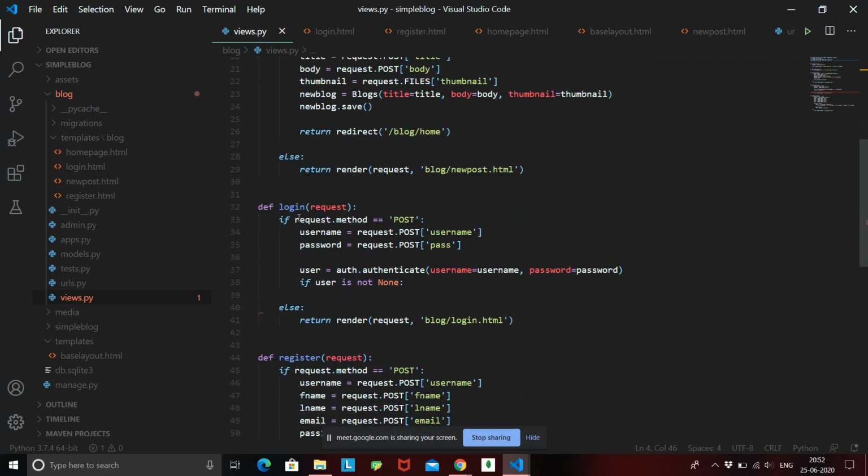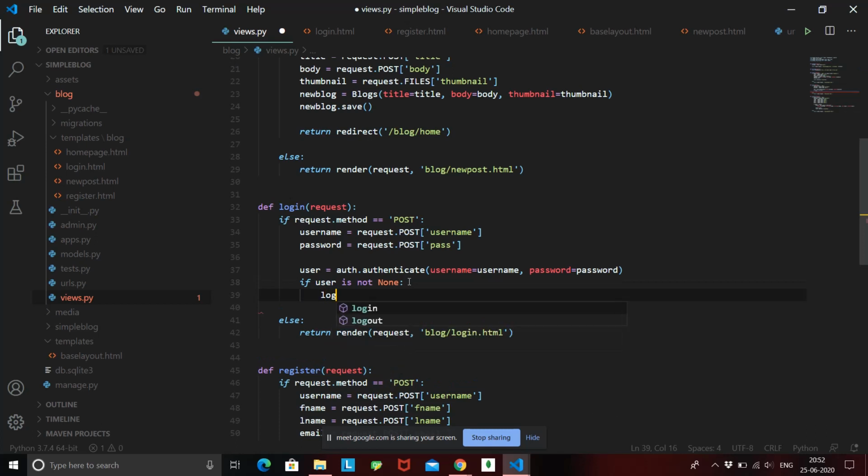Inside our login function, we collected the data that is coming from the form, and we checked if the user of that data is present inside a database or not, and that we did by this authenticate function. Now if we have that data, we need to log him in using the function login. This login function is going to take a request and the user that we need to log in.